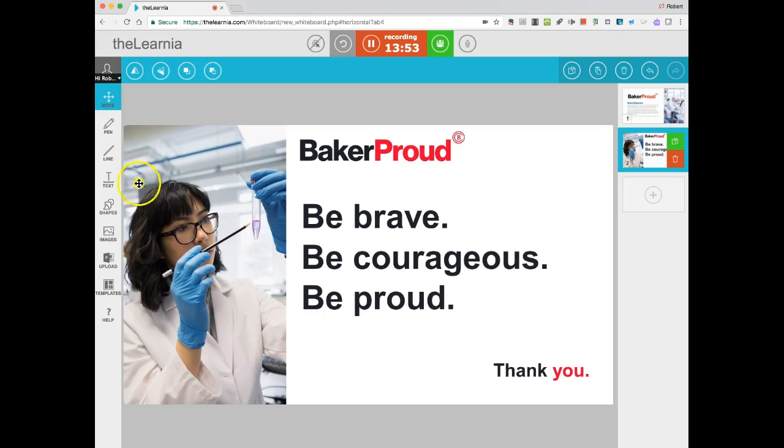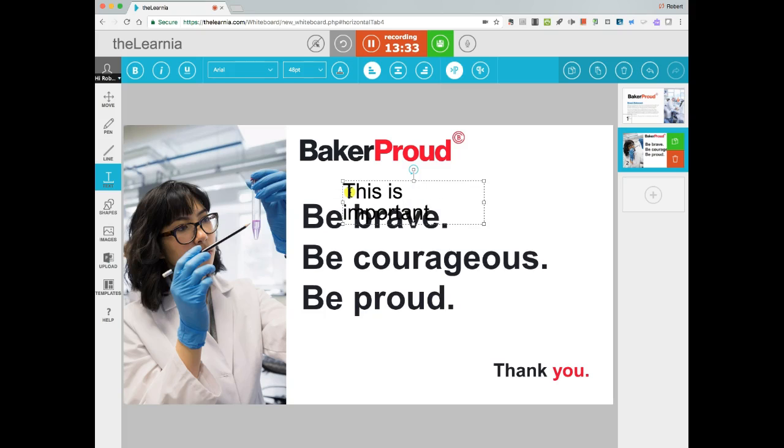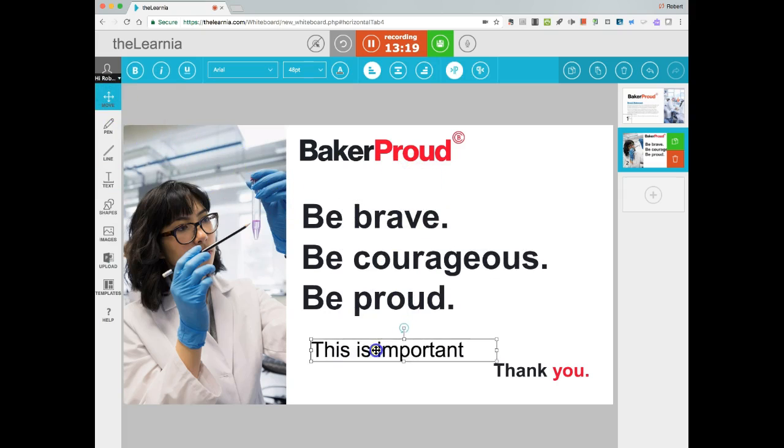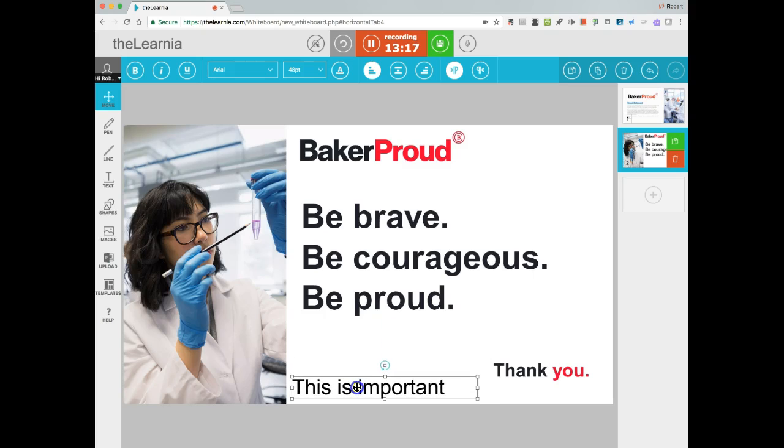So let's say I can add a text box somewhere, and I have the ability to drag this out to change the size and so forth. And I can go ahead and type in here. Be nice if I could spell. And you can see there that what I was typing was larger than the box, so I can just adjust the box. So maybe I like this, but I don't like the location. I can go over here and click Move,